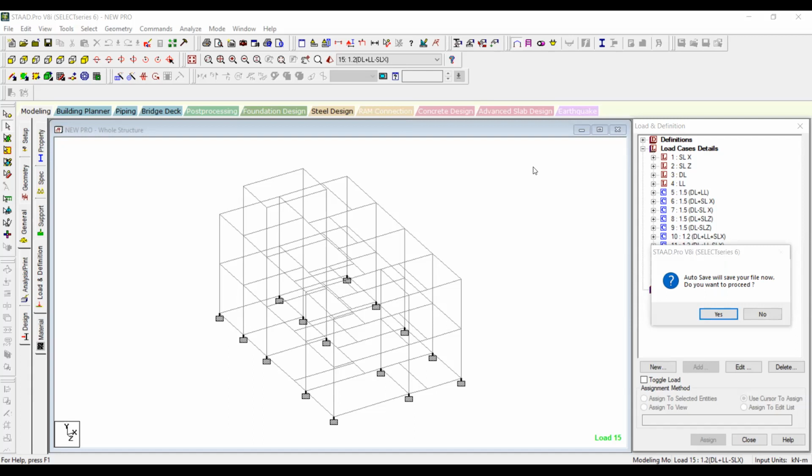Okay, till there. But you went for G+1, G+6. Did you learn how to apply the wind load? Yes, sir. What are the factors that you should calculate? How do you calculate wind load?